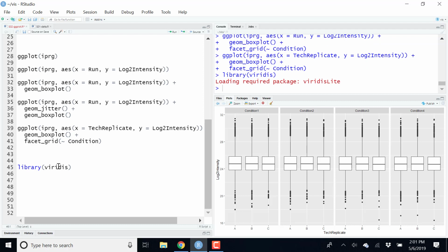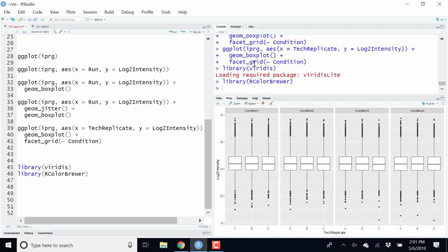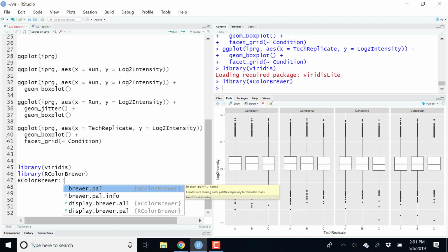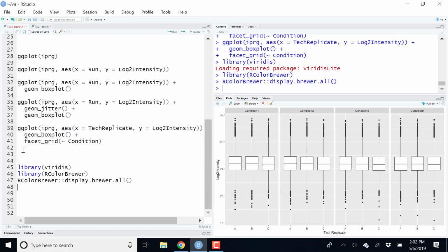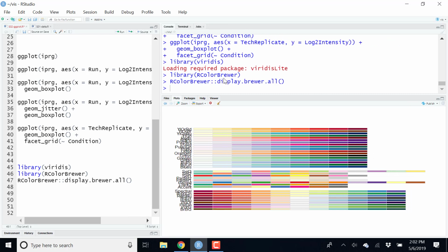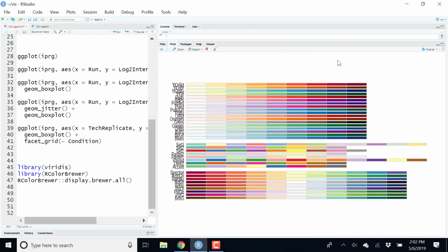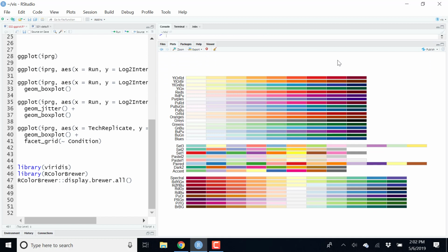But if you are in need of other colors, for better colors, there are two packages of interest here: viridis and RColorBrewer, and in particular, RColorBrewer provides these palettes that can be used depending on what you want to visualize. If these are discrete categories, or a spectrum with different colors. So these are specific color palettes that are provided,